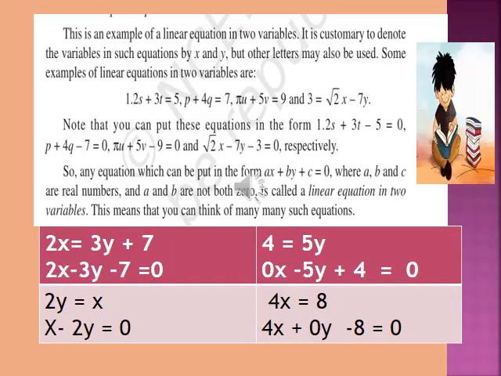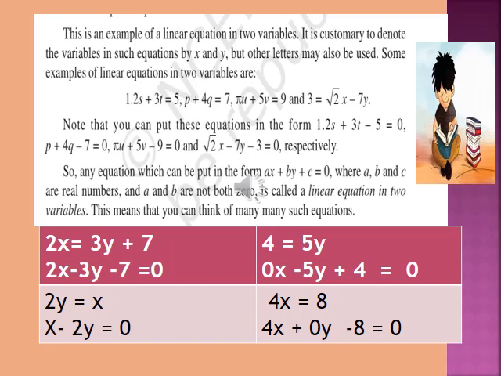This is an example of a linear equation in two variables, that is x plus y equals 176. It is customary to denote the variables in such equations by x and y, but other letters may also be used. Some examples of linear equations in two variables are 2s plus 3t equals 5, p plus 4q equals 7, pi u plus phi v equals 9, and 3 equals root 2x